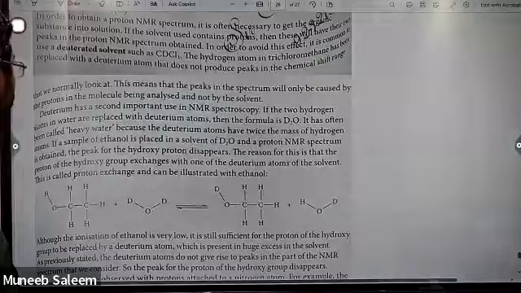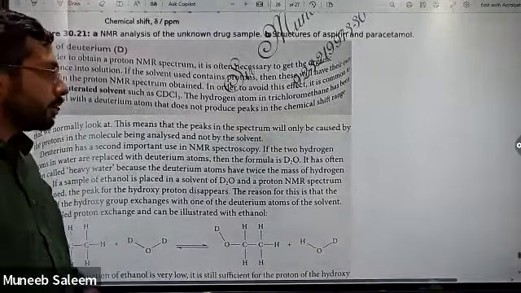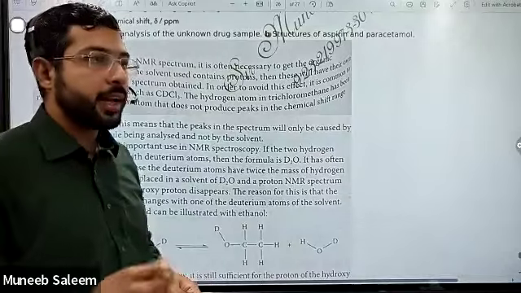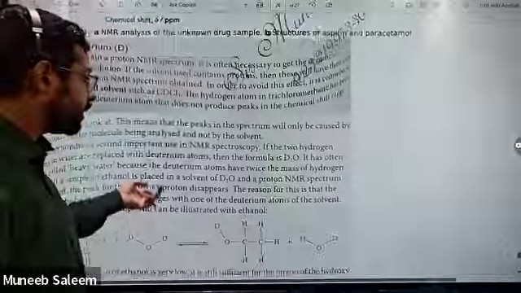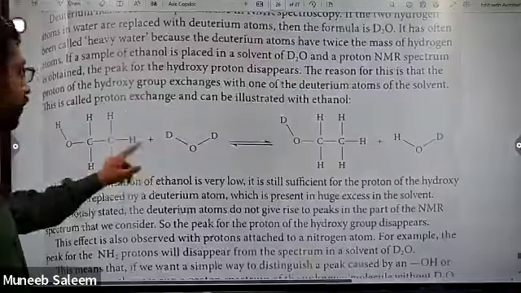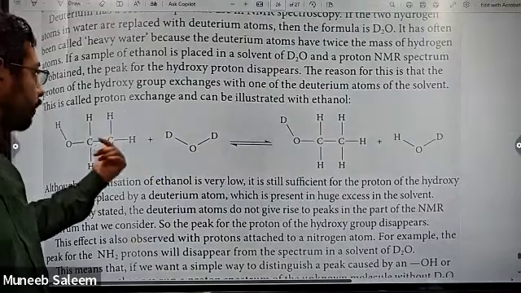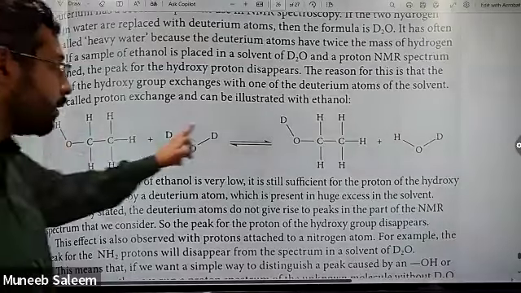Now at the end, we have the use of deuterium. Basically, deuterium is not being expressed or indicated by NMR spectroscopy. They are hidden. Only the hydrogen-1 spectrum can be seen. Now using the deuterium, we can make a solvent of water, which is called D2O. Now this D2O, when dissolved with ethanol, will exchange the hydrogen of the OH part and convert it into